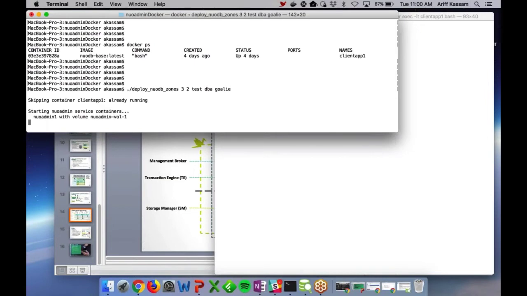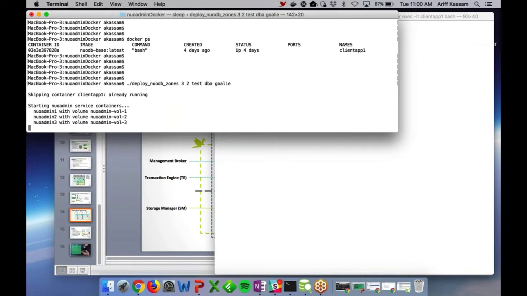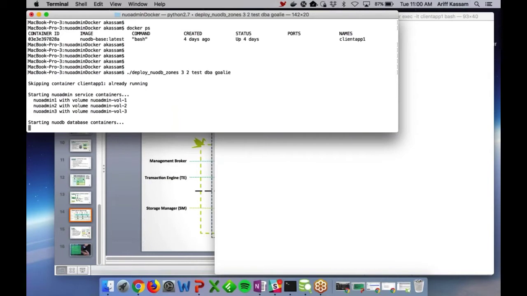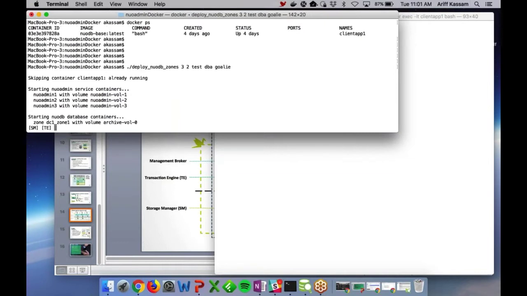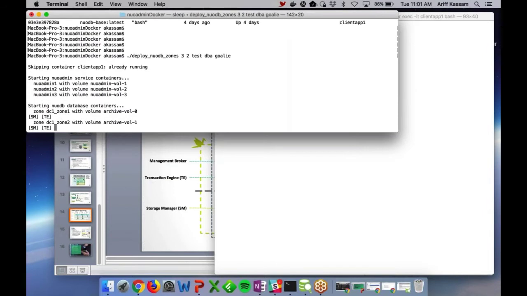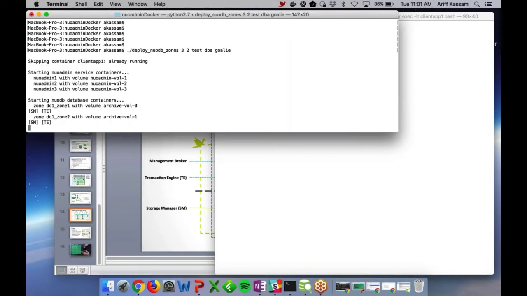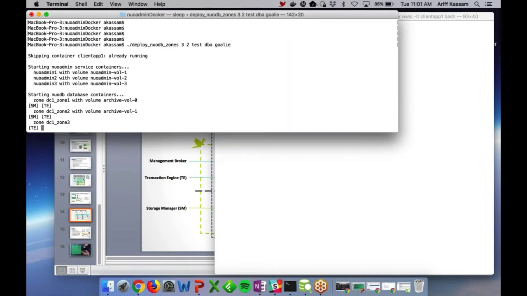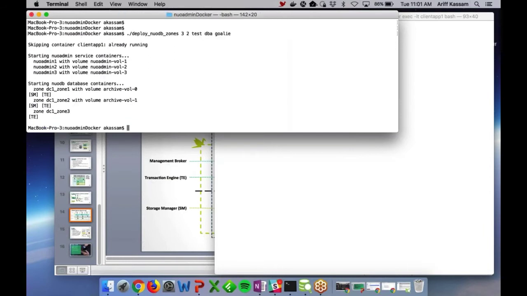We created a script to deploy all these Docker containers. What the script is doing is saying, I'm going to deploy NuoDB. I'm going to create 3 availability zones. In 2 of the availability zones, I'm going to have a TE and SM, and the other one is just a TE. The database is going to be called test. The user is going to be called DBA, and goalie is the password for the DBA. What's going on right now is we're executing Docker run commands to create all these containers. In less than a minute, while I've been talking, we've created 8 Docker